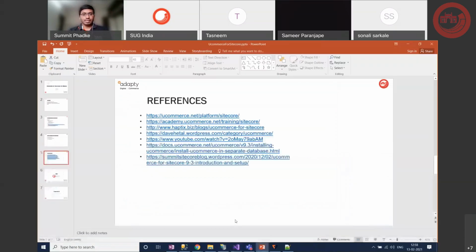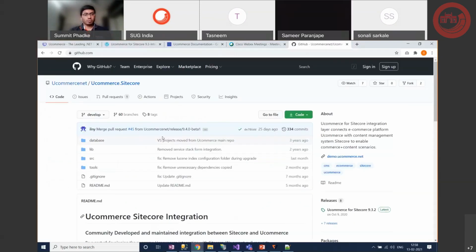So these are some of the references that we have, which include the documentation, the training videos, and also the GitHub repository related to their code base.